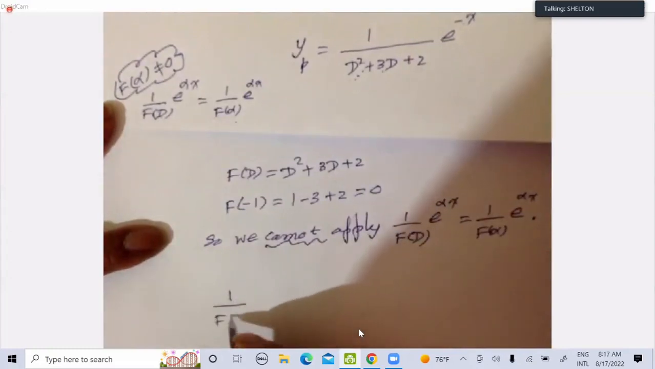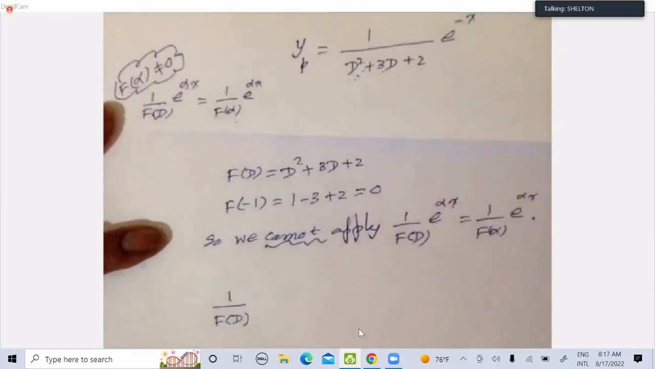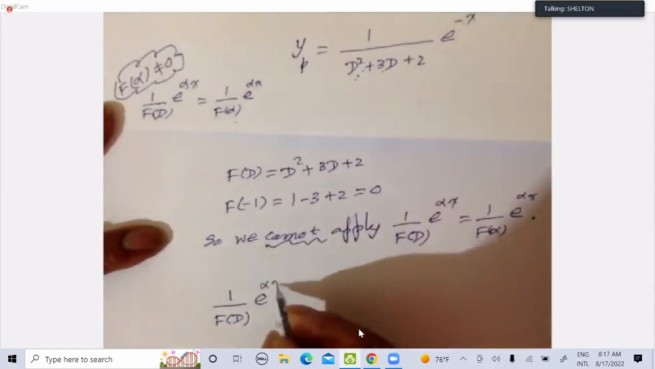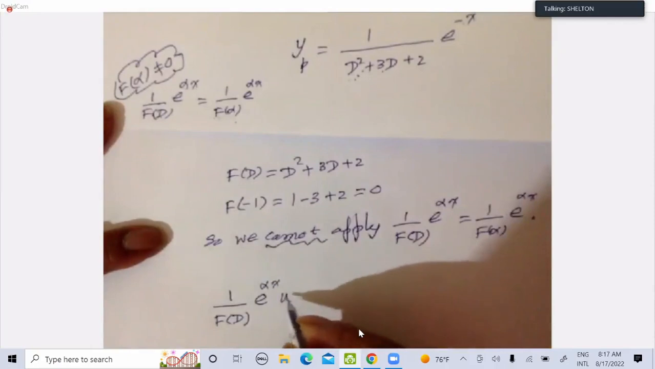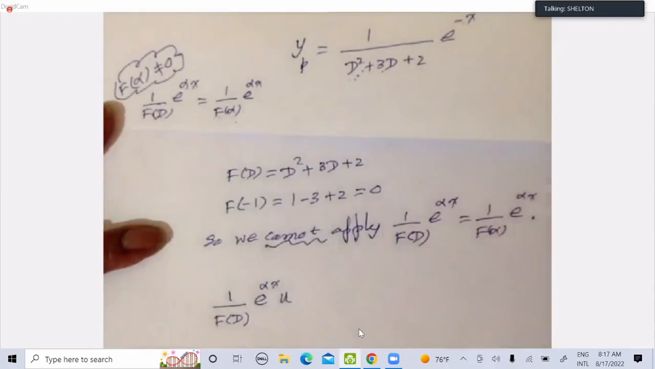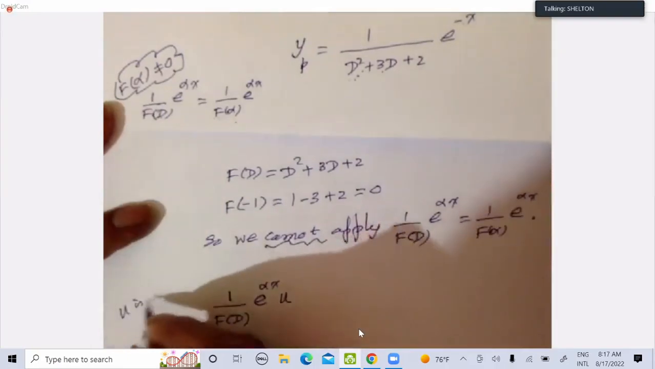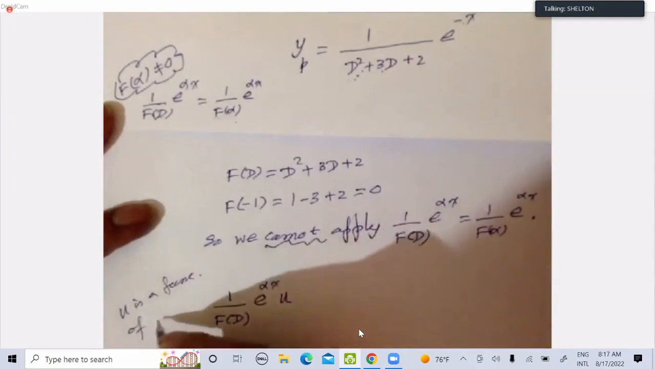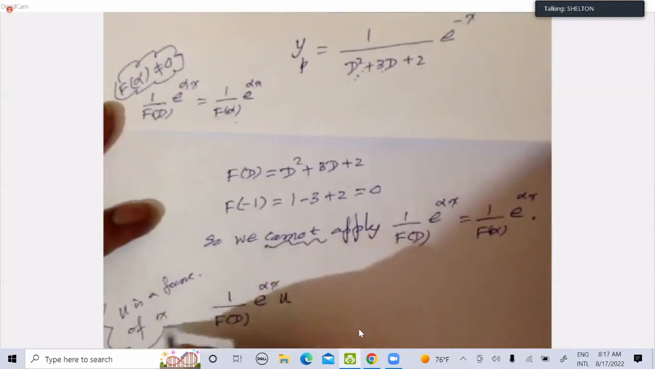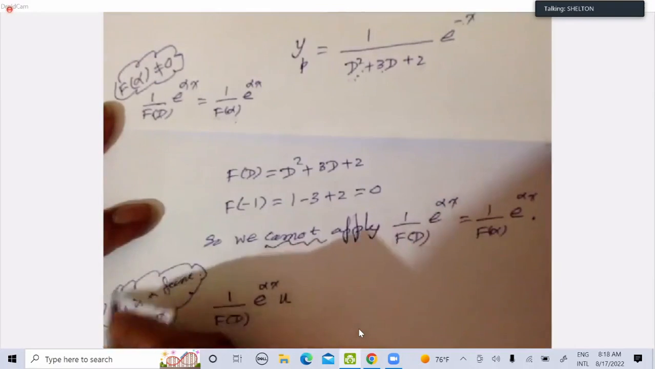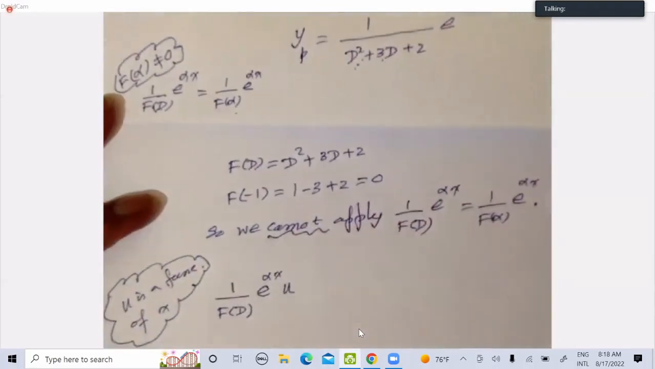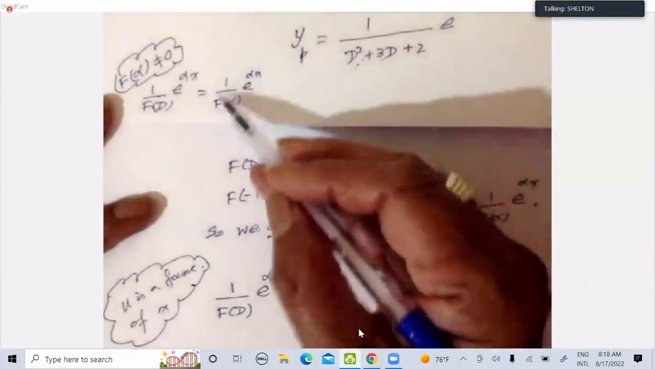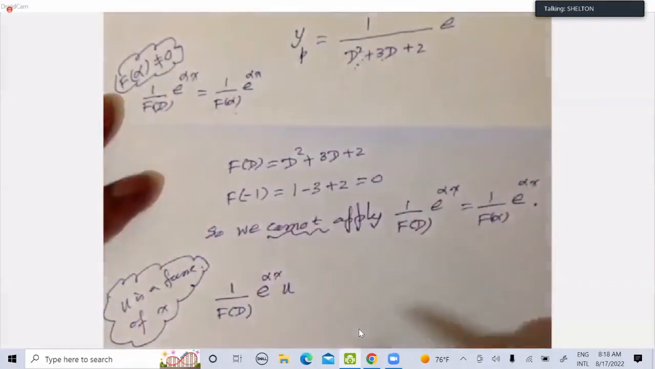1 over f(D) e to the alpha x times u. U is a function of x. X is the hidden variable, y dash is dy over dx. U is a function of x. If you have something like this, now 1 over f(D) is what we want to find, but that is